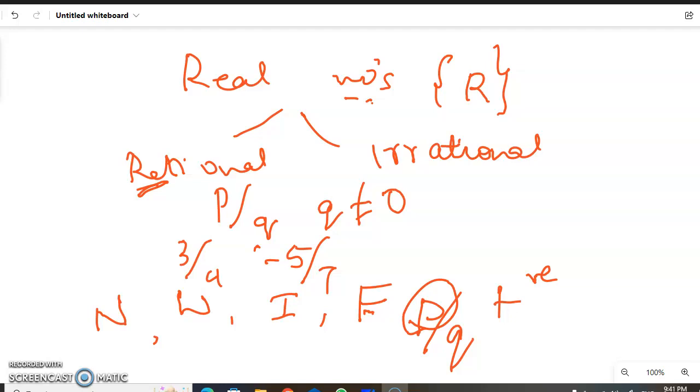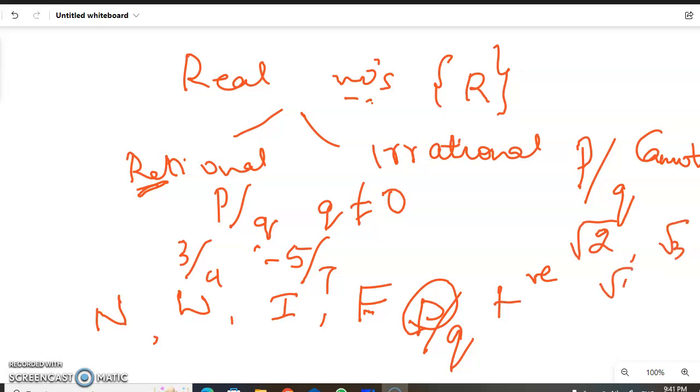And irrational numbers are those which cannot be expressed in the form of p by q. Here the numbers we have are square root of 2, square root of 3, square root of 5, and our favorite pi, the constant which we use frequently. Pi is also an irrational number. Under the root, any number which is not a perfect square, the set of irrational numbers contains all the imperfect square numbers. So after knowing this,